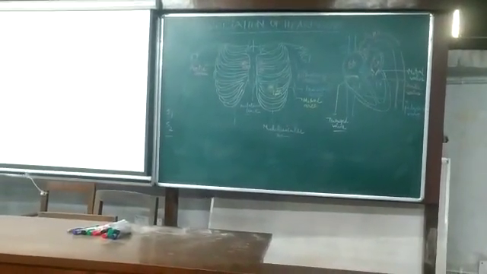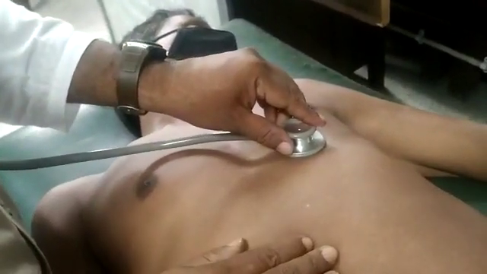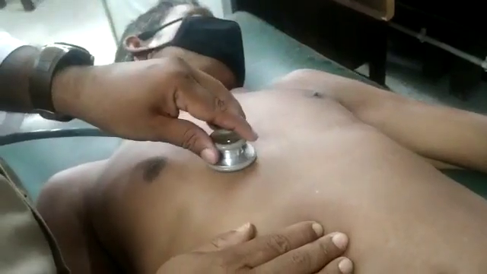One thing I must tell you: wherever you are getting the sound, the valve is not necessarily situated right there, but just behind or posterior to that, because for both the aortic and pulmonary valves the sound is going upward. You can look at the picture, they are transmitting upward. Similarly, the mitral sound is transmitting downwards and a bit posteriorly. And another area is left, that is the tricuspid area.